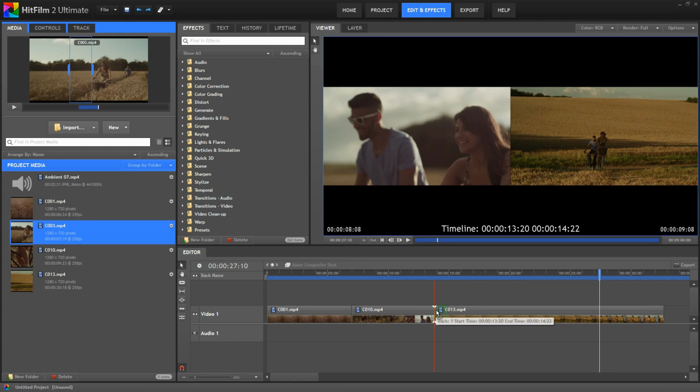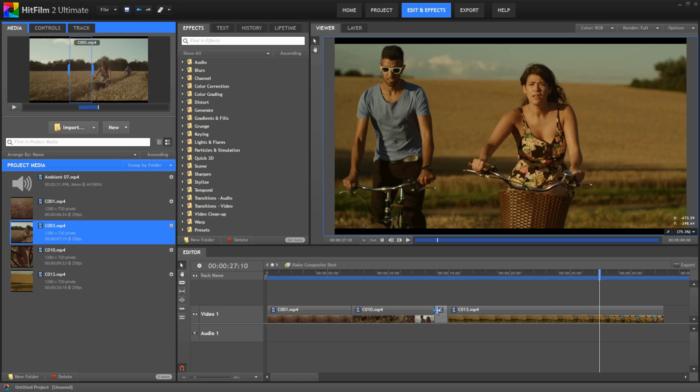You can see the position of the clip there right over the existing clip on the timeline, and when we drop it, that bit of the original clip is just removed and replaced by the new clip we've just put there. That type of edit is called an overwrite, and it's not what we want. So let's undo that. You can either use the undo button here at the top of the interface or hit